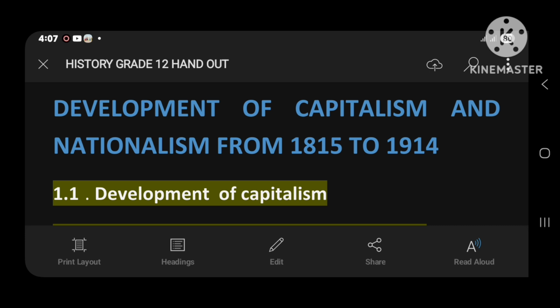Unit 2 is about Africa and the colonial experience from 1880s to 1960s. Unit 3 is Social, Economic and Political Developments in Ethiopia, mid-19th century to 1941. Unit 4 is about society and politics in the age of world wars from 1940 to 1945. Unit 5 is about global and regional developments since